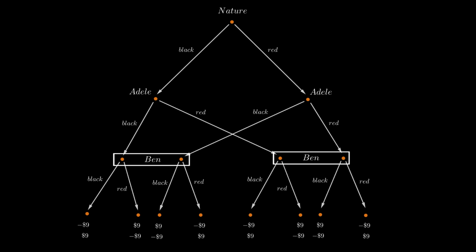If he guesses correctly, then he gets $9 from Adele. Otherwise, he gives her $9. How can we represent this situation? Whether the top card is black or red is not the outcome of a player's decision, but the outcome of a random event, namely the shuffling of the cards. In order to capture this random event, we introduce a fictitious player called nature or chance. In other words, we shoehorn nature as a player in this game, even though they're not a real player. And we assign a probability distribution to nature's choices.